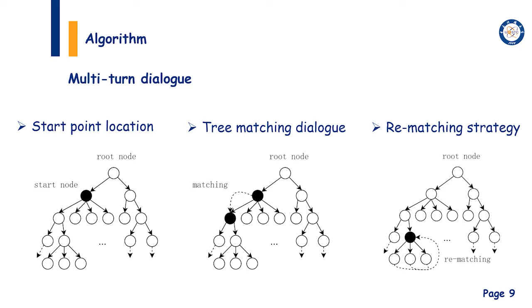For each node of the internal slot tree, we maintain a weighting parameter and initialize it to 0. The weight is increased by 1 once the corresponding node has been visited. For the case that none of the children of the current node can match the user's slot, a single choice question is raised by the system. The options of the question come from slot values of the children with the highest weights. Based on the new reply given by the user, the tree matching dialog will continue as usual.